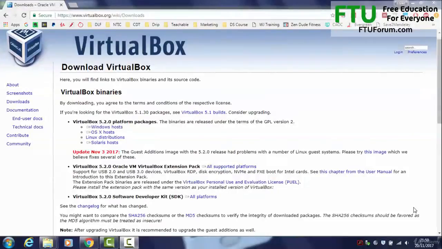we're going to be getting you set up with VirtualBox on your computer. Now VirtualBox is an amazing piece of software that allows you to run what are called virtual machines on your computer. Now virtual machines, other than having a totally awesome sounding name, allow you to run virtual computers inside your computer